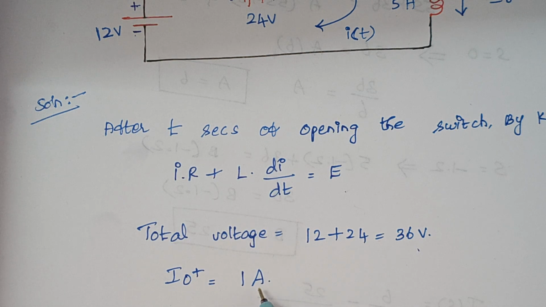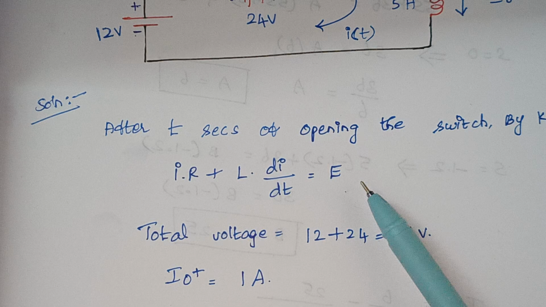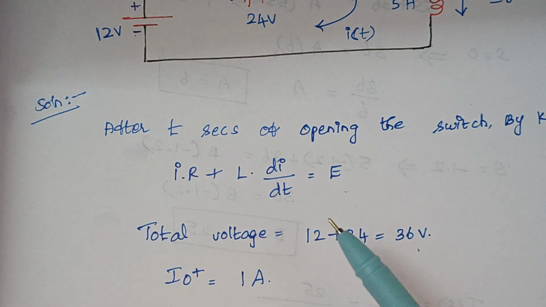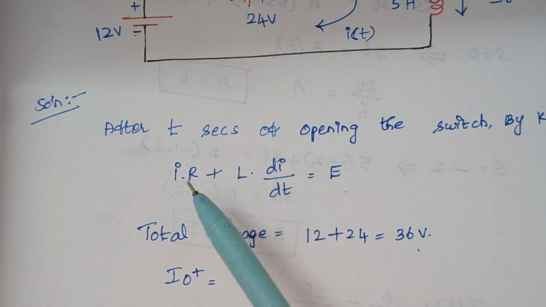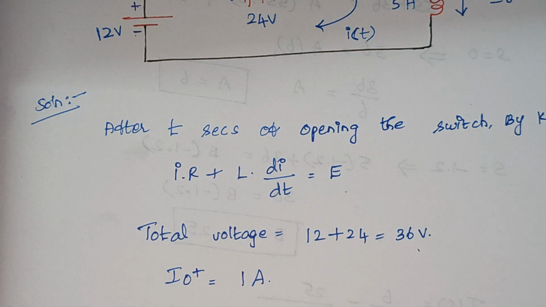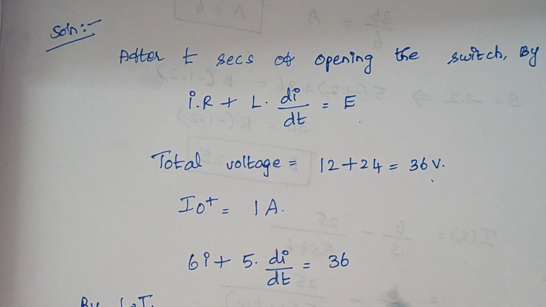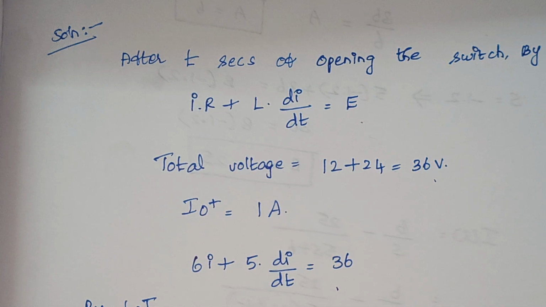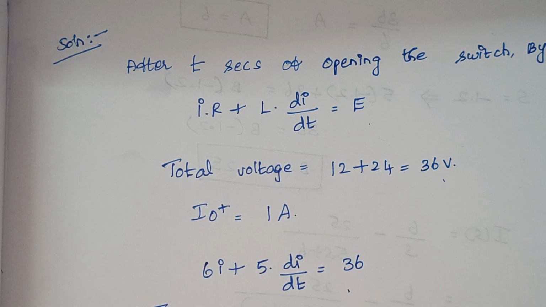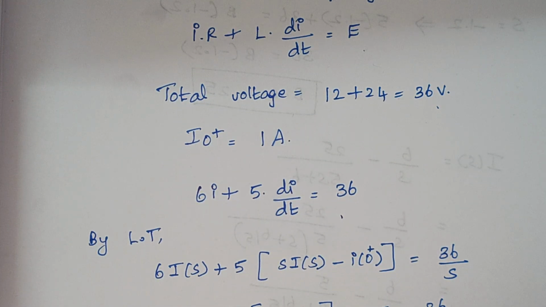So now we have to take Laplace transformation for this equation after substituting the values. So here substitute the values of R, L and E. So when you substitute the values, this is our expression, right. So the next step is we have to take Laplace transformation. So when you take Laplace transformation, 6 into I of S plus 5, when you take di by dt Laplace, that gives S into I of S minus I of 0 plus, which is equal to, this 36 becomes